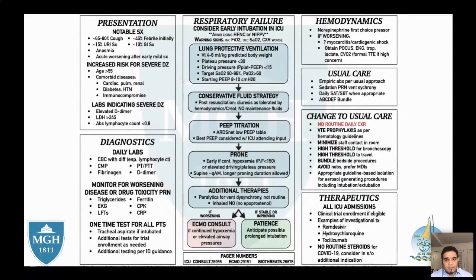This chart does not mean that other hospitals are following what we're doing, and I will definitely share this with you guys as well. But keep in mind, this is what we are doing. So for example, let's look at the top. What we're doing in our hospital, we are avoiding high flow nasal cannula. So if you are at Mass General Hospital and you're already on the floor and you're now requiring 4 liters of oxygen, now you're requiring 6 liters of nasal cannula oxygenation,